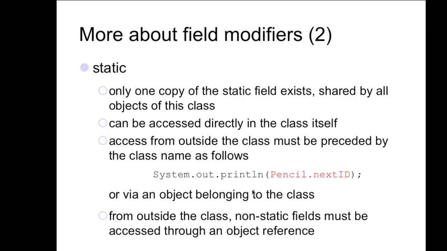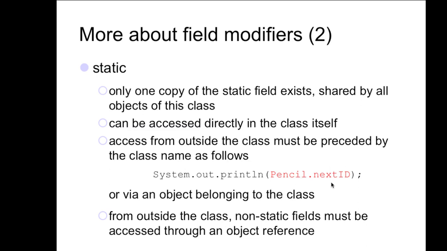Okay, so here's our static. Only one copy of the static field exists, shared by all objects of this class. So in an instance variable, every instance has its own value. So if you just remember it that way. And then at the class level, there's only one for all instances, which is what that point's telling you. It can be modified directly from the class itself, and access from outside of the class must be preceded by the class name, as it follows. So here we have